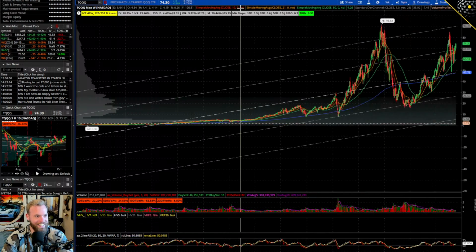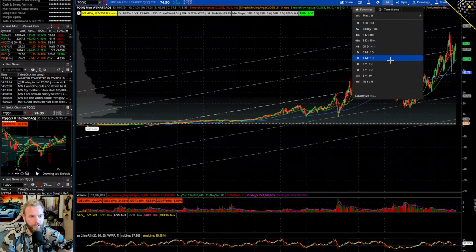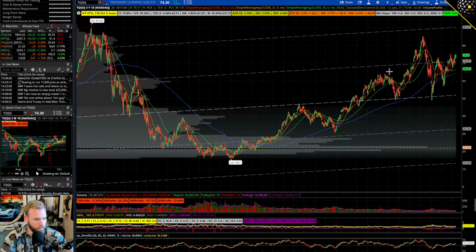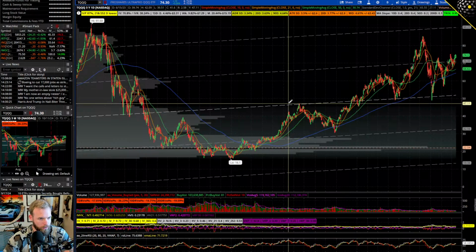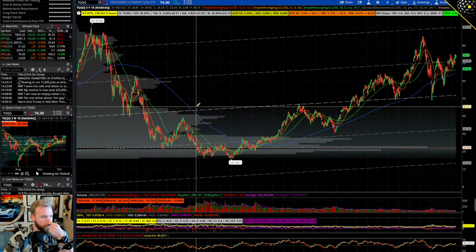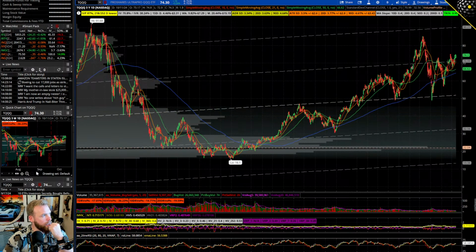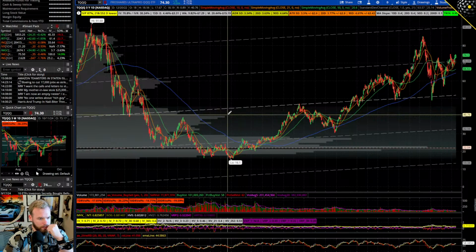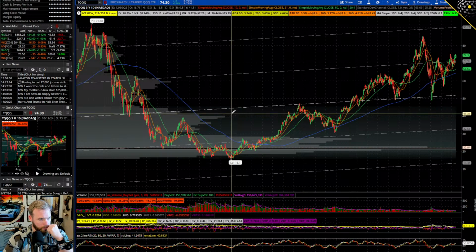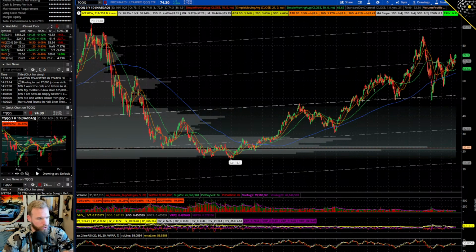All right, minimize this. All right, let's take a look at TQQQ. And what I want to do is look at how it did in '22. Oh, shit. So it really did. Now, again, there's an error here. I can already see the error here. The 30th. So if we zoom in on this,